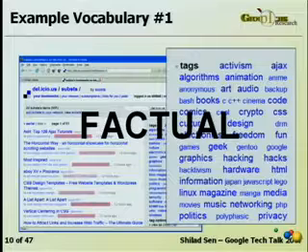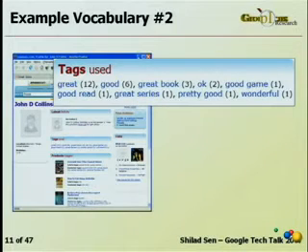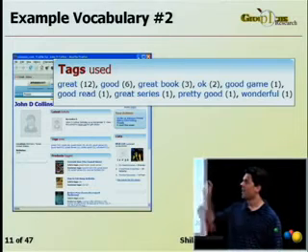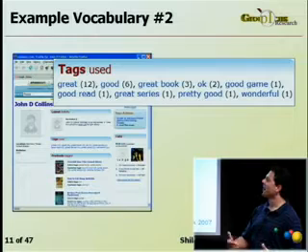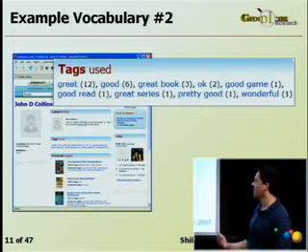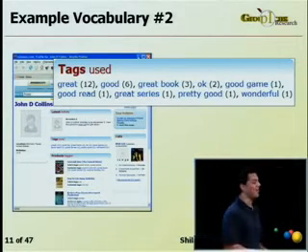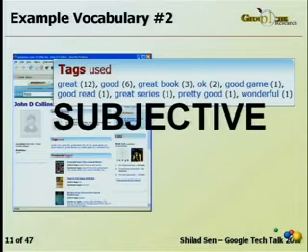All right, the second type of vocabulary we'll look at is from Amazon. Here's a user, John D. Collins from Amazon. Here's the tags John has created. And you can see John likes to describe how much he likes the books that he's read. And so this is an entirely different type of vocabulary. I'm going to call it a subjective vocabulary. It's based on John's opinions. And you might want to think about how valuable this is for the community as opposed to factual vocabulary, and how valuable it might be to the user who created the tags.